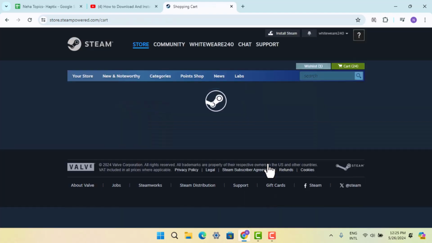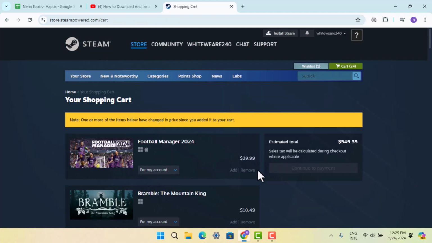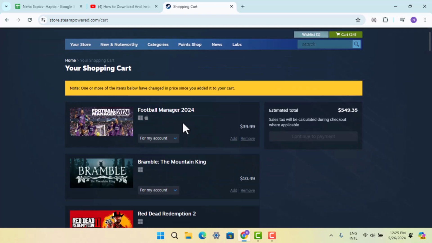It's going to take you to the checkout page or the summary page. Go through all of these and accordingly select the product or the game that you wish to buy, and make sure to tap on Continue to Payment. Then go ahead and add your payment details and all that, and you'll have successfully bought Football Manager 2024 on